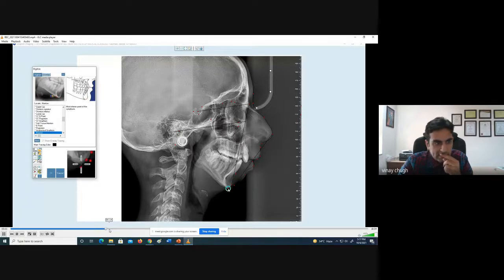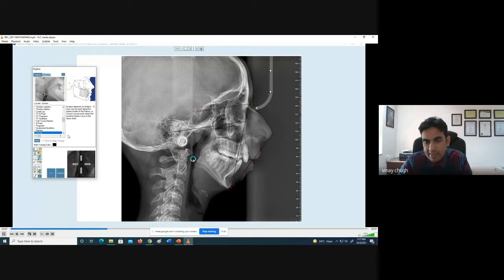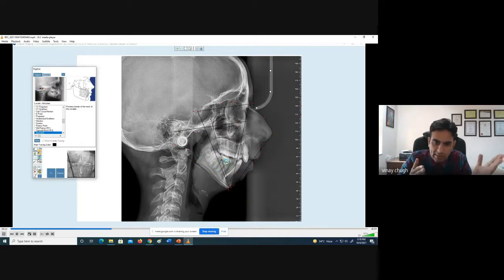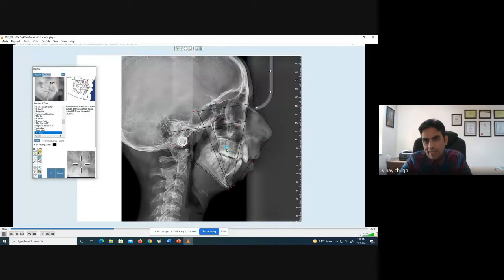So once we do all this, here it is selecting both hard tissue as well as soft tissue landmarks. If you don't want to do the planning part, like if you do not want to do surgical simulation, then you can select only the analysis, and then you can do it. But because we have planned the 2D analysis part, and 2D analysis will become the basis of 3D analysis, we will be able to understand it in a better way.